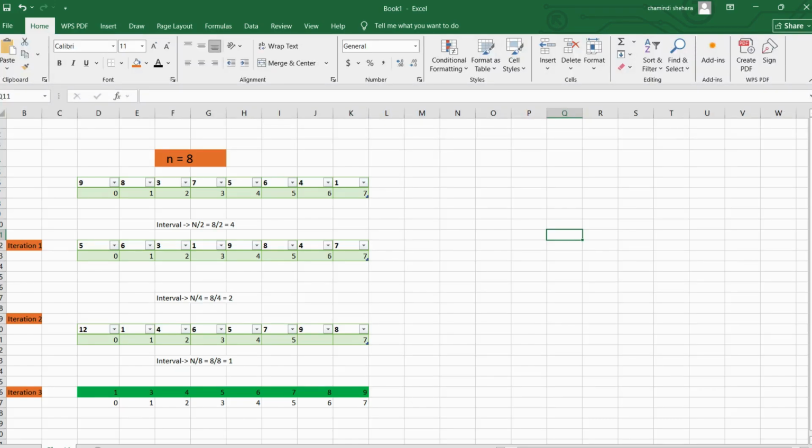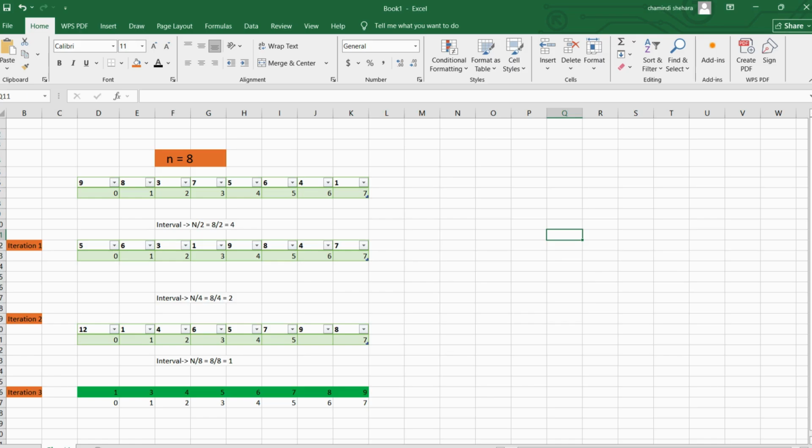Shell sort is an enhanced version of insertion sort that sorts elements by comparing items that are far apart first, then progressively reducing the gap between elements being compared. Main idea: move out of place elements long distance early in the process so they get closer to their correct position faster. Shell sort is an optimized version of the insertion sort that works by sorting elements that are far